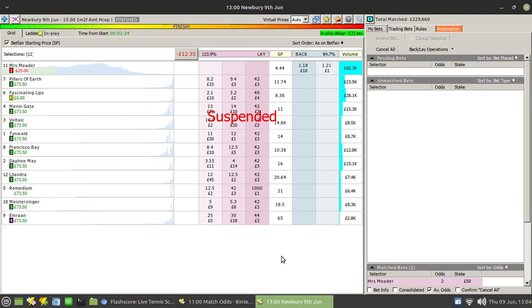So instead of laying the field and then cancelling unmatched bets, what you can do is simply monitor the market for the current favourite, which will chop and change as the odds chop and change and the runners change positions within the race. And when that runner is identified and hits odds of 3, for example, you immediately submit a lay bet, typically at the last traded price, for example. And that way you do not need to cancel any